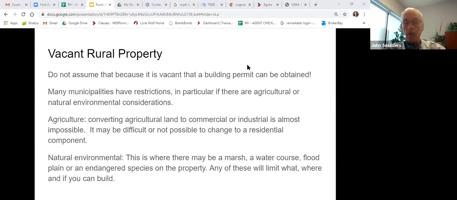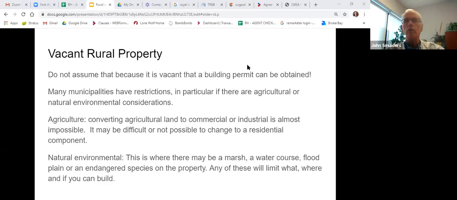And you have to be really careful because a lot of those things will be denied to you. A marsh, well, it could be a nice small marsh in the corner of the property, but what happens if it rains really hard? Is it a floodplain? Now, whose responsibility is it to check this stuff? What do you think? If it's a marsh, a watercourse, a floodplain, or an endangered species on the property, whose responsibility is it to